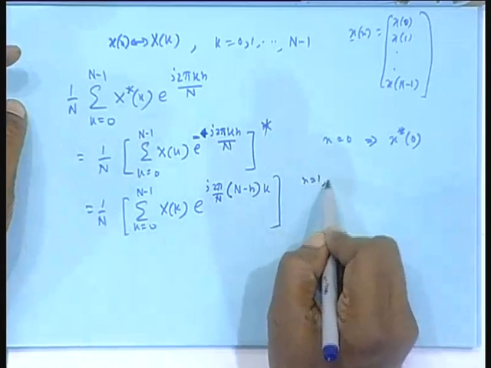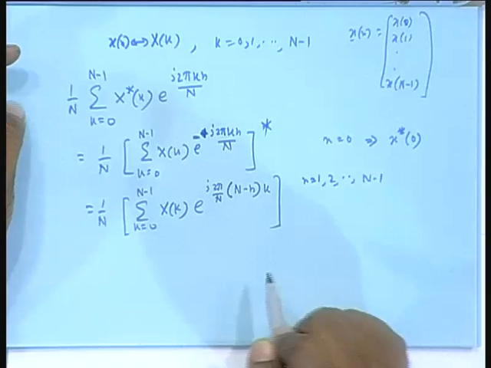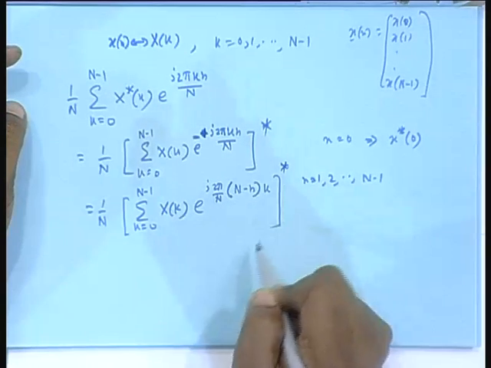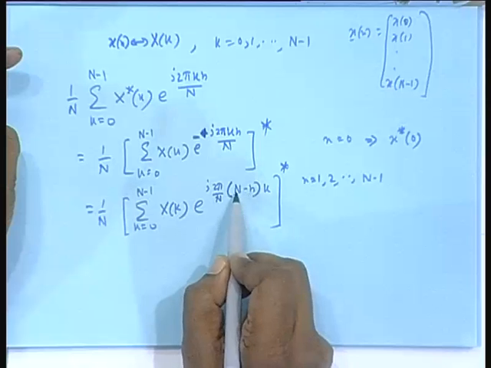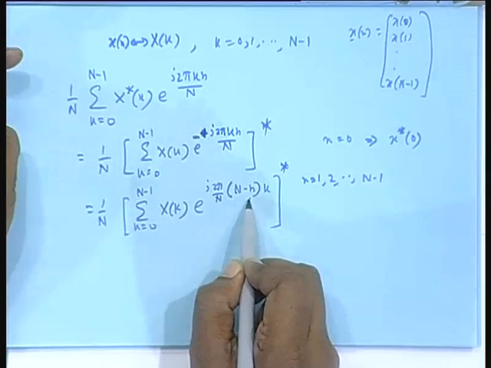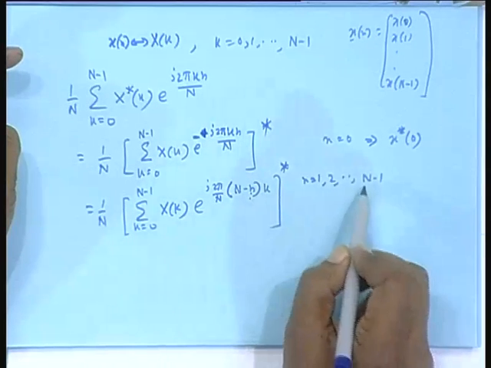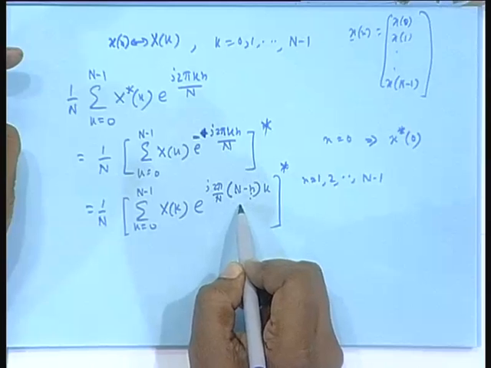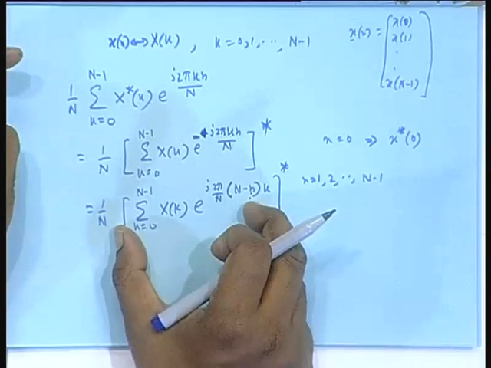Here n equal to 1 up to capital N minus 1 and a star. So, n equal to 1 means capital N minus 1, n equal to 2 means N minus 2, dot dot dot, n equal to capital N minus 1 means 1, and this is what x of